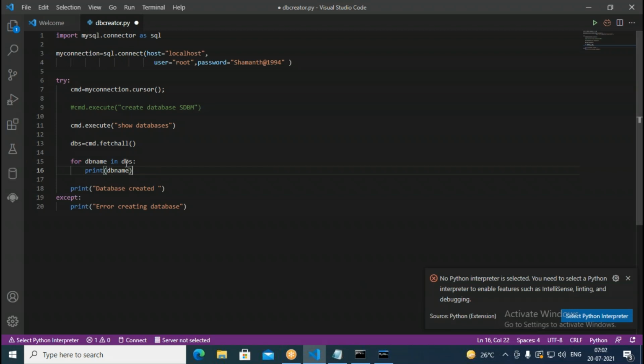So once that is retrieved, even here we try to print what type of data it is. So print followed by type. Then here what we specify, DBS. What type of database it is, what type of object it is, we can print. So fetch means here we are giving this command, execute show databases. So it can select all the databases, but into our application it has to fetch.